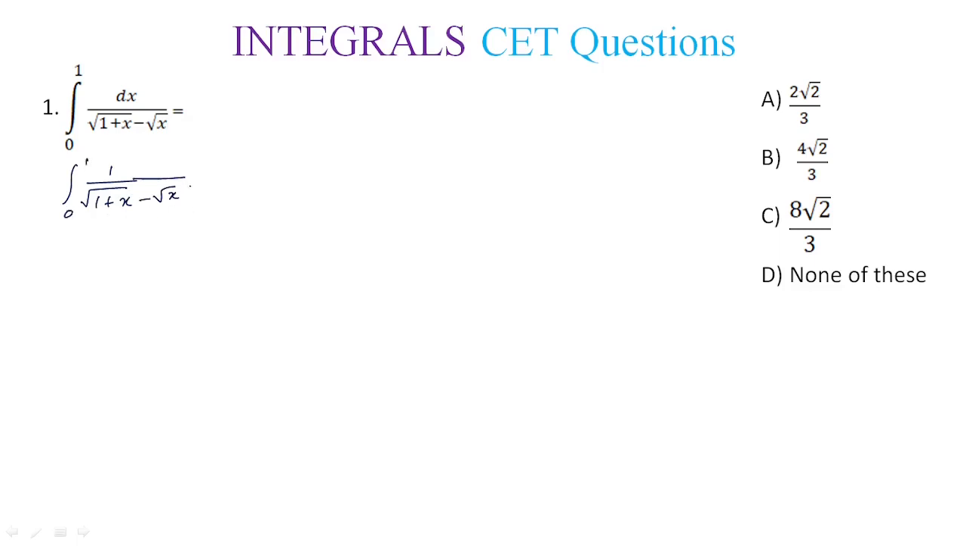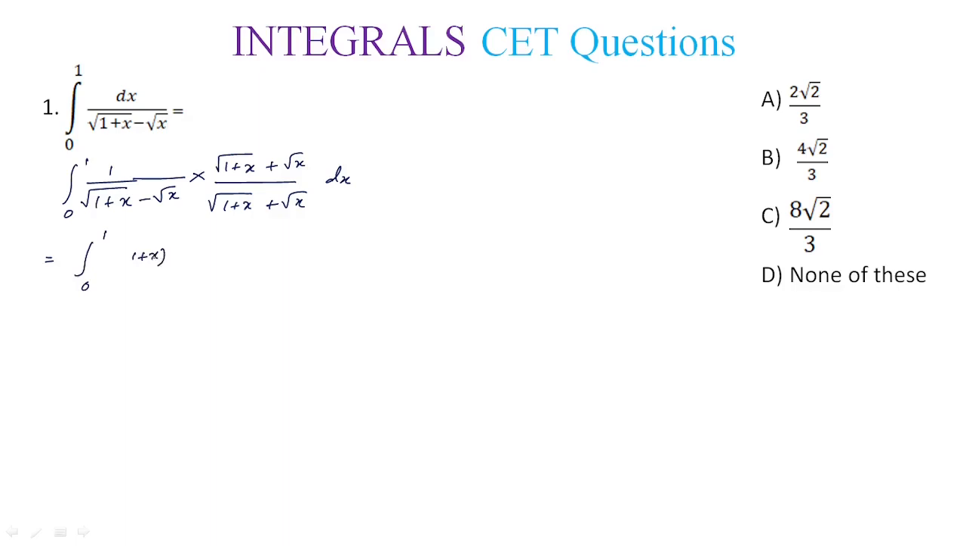Now to integrate this, let us rationalize the denominator. The rationalizing factor is root of 1 plus x plus root x. Multiplying and dividing with the same, we have this. Okay. Now integrating from 0 to 1, numerator 1 into,